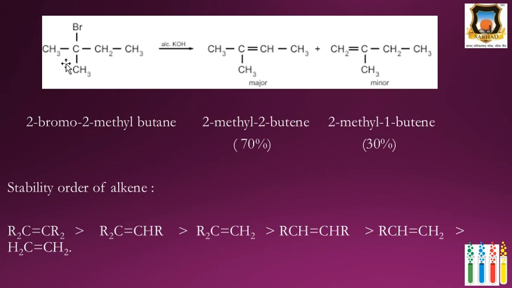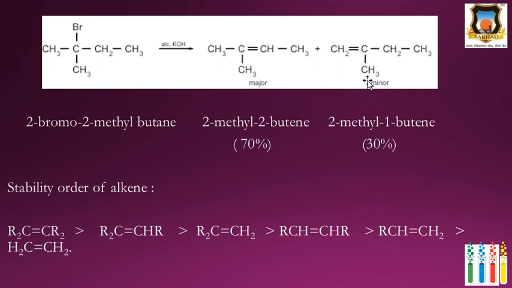These two beta hydrogens are identical. Total 6 hydrogens are identical beta, and this is beta dash. Two types of beta hydrogens are there. Then here CH3, CH3. When we eliminate this beta hydrogen, we get the major product because this alkene becomes 1, 2, 3 trisubstituted. And when we eliminate this hydrogen, we get the disubstituted alkene, that